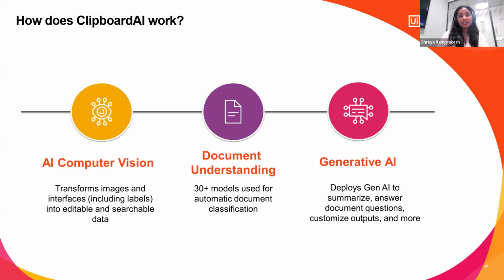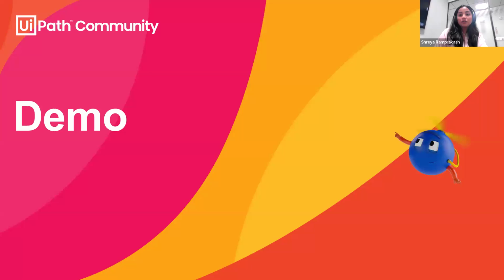And finally, generative AI and specialized AI. Specialized AI, as I mentioned before, would be extracting that particular text from the image or the form, whatever you have scanned. It would recognize it first, and then show you that this is everything that I've extracted from here. And then generative AI would help you get exactly what you want from there. So I would just show you a quick demo on how that works. Let me see.